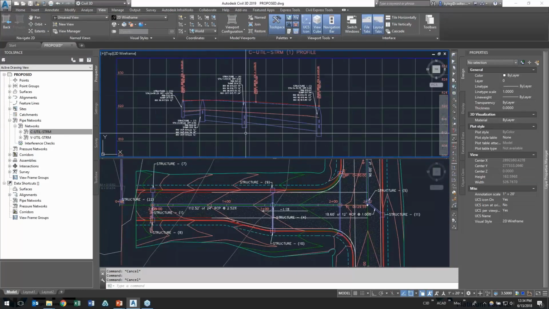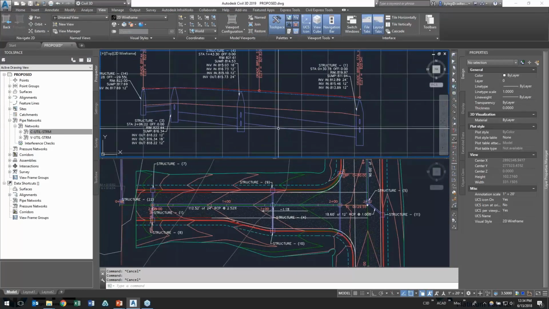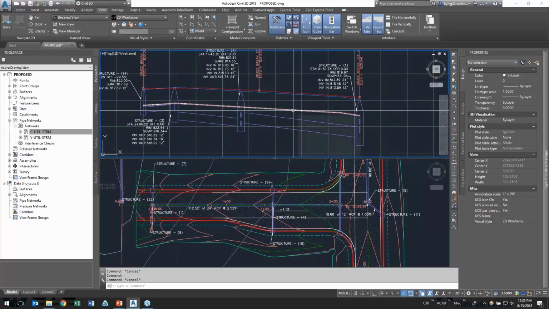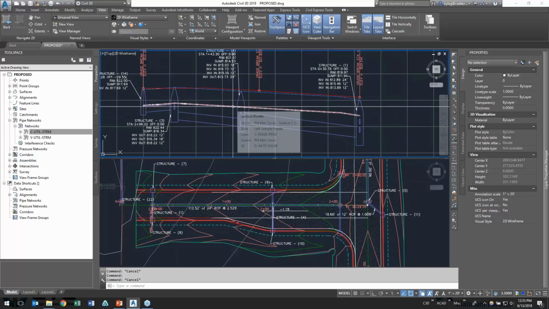So I can see here in my profile view that this is a terrible stormwater design. I'm going uphill in some points. I have sunken pipes in the middle of my run. This is just not going to work. And before I actually go any farther and run back into Pipe Designer, I want to show one more trick